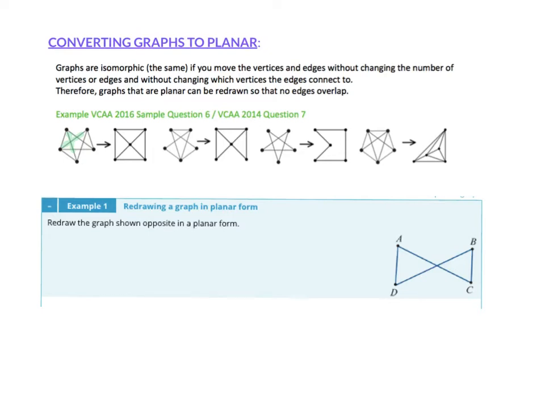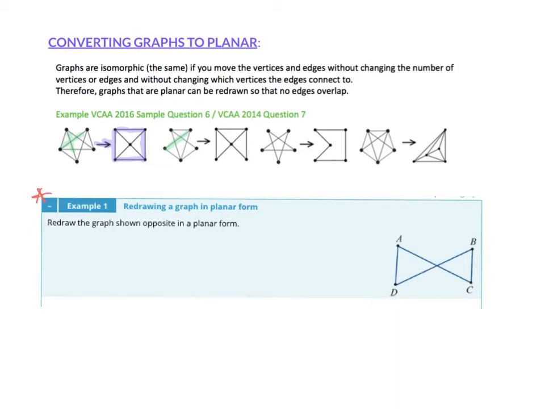Because they're not crossing. The only places they're supposed to cross is at the vertex. So they've redrawn this graph here, and they've made it by rearranging it. They move out one that was getting crossed, and they've changed it around, and it can be redrawn like that. So there's a couple more examples. So there, when it's crossed, and so on. These ones are a little bit more complicated up here, but let's go do one down here on our